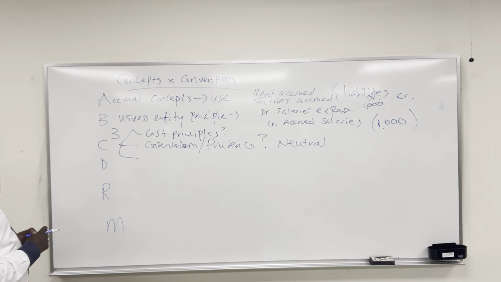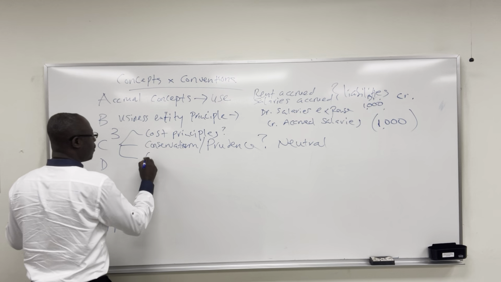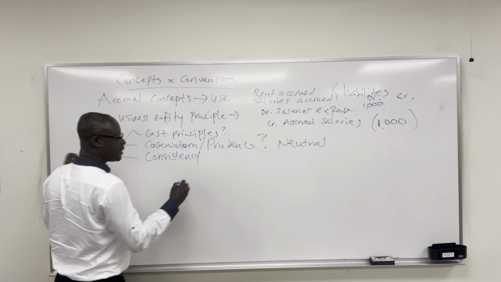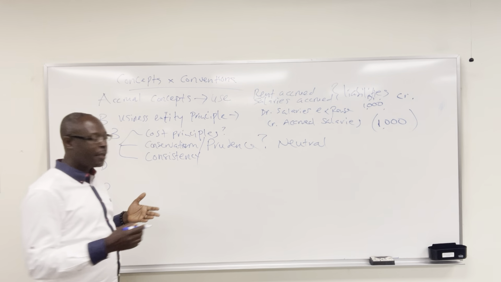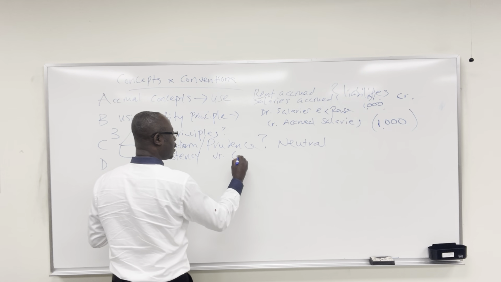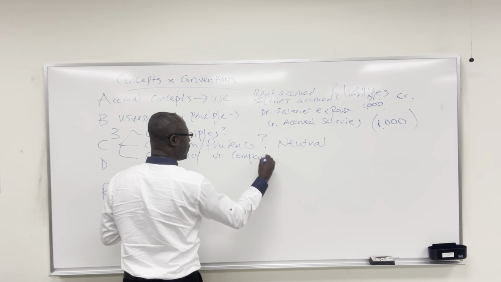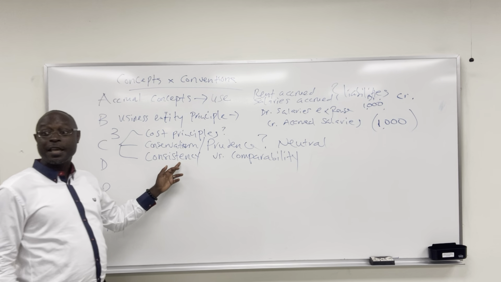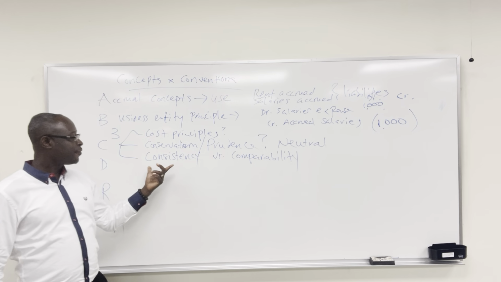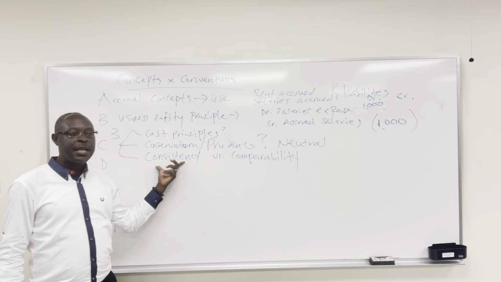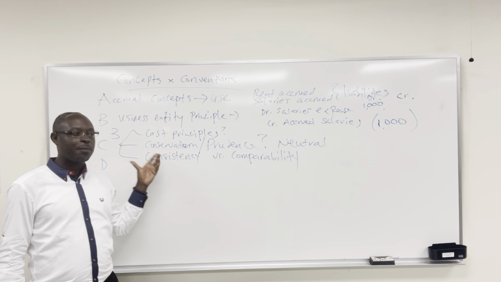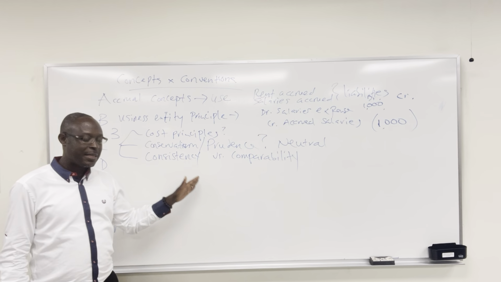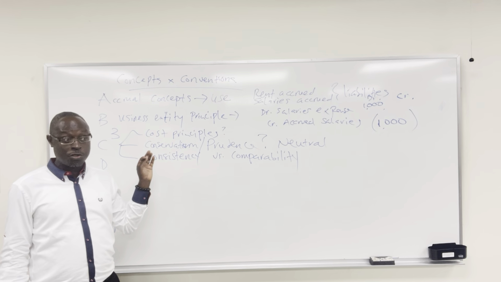Now, you could also look at consistency. Consistency means from one period to another, versus comparability, meaning from one company to another, okay? Make sure you understand the difference between consistency and comparability. You have to stay consistent in using accounting principles from this year to next year to the following year. Be consistent, okay? That doesn't mean you can never change, but if you change, you have to explain why you are changing.